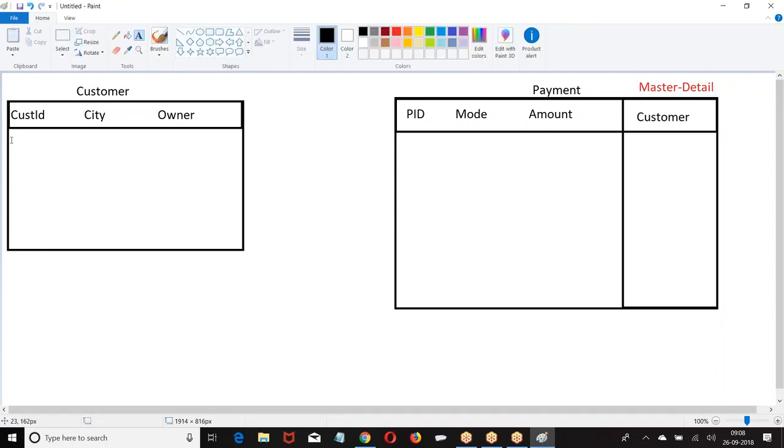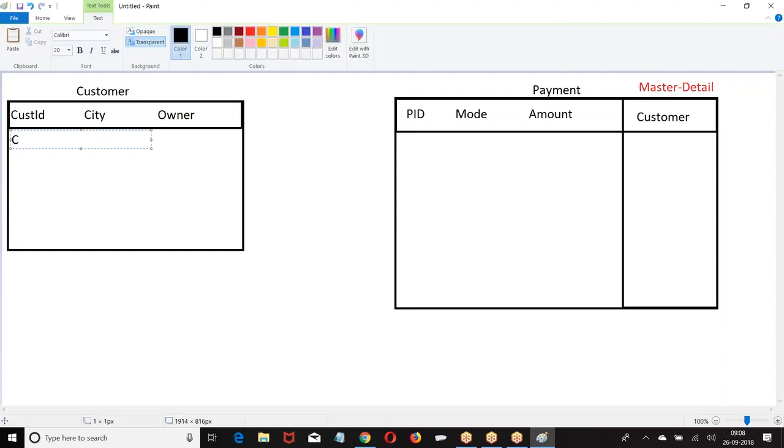The master detail field can be created only on a custom object. We cannot create a field with the data type master detail on a standard object. It can be created only on a custom object.